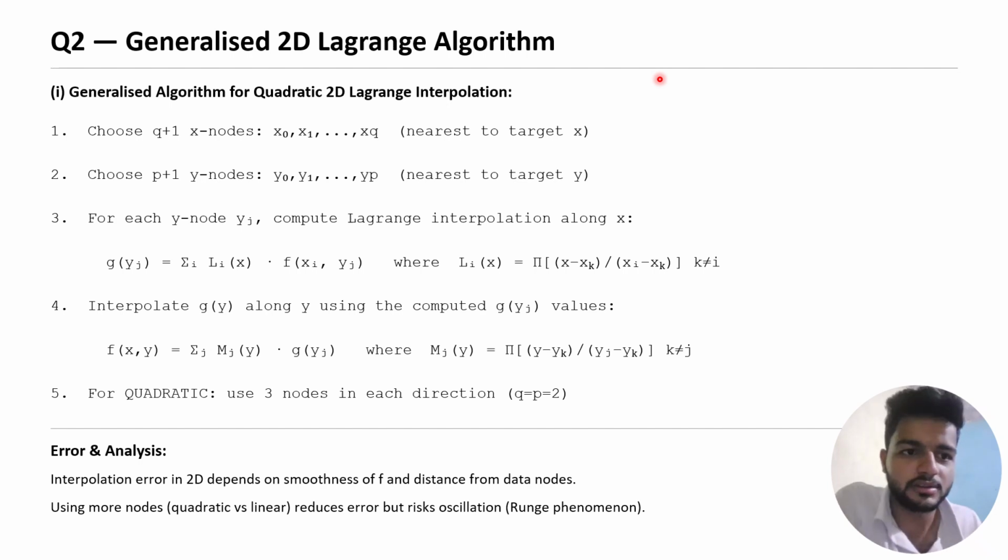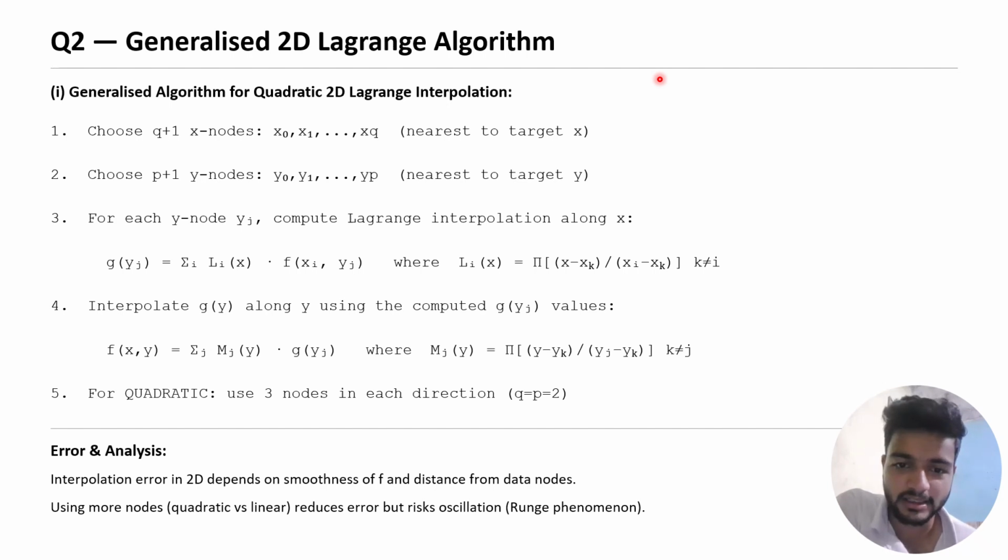So question number 2 is the generalized 2D Lagrange algorithm. Step 1, choose q plus 1 x nodes, x0, x1, up to xq. Choose p plus 1 y nodes, y0, y1, up to yp. For each y node yj, compute Lagrange interpolation along x according to the formula Li(x) equals product of (x minus xk)